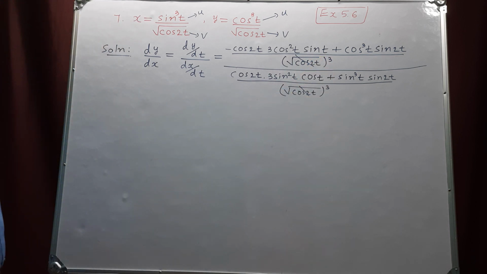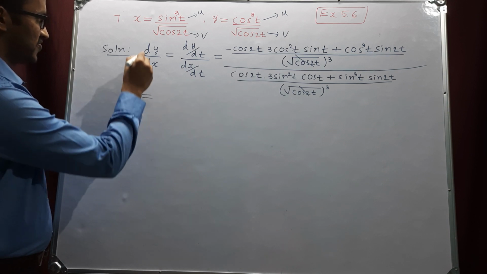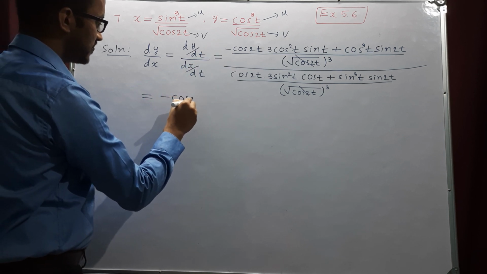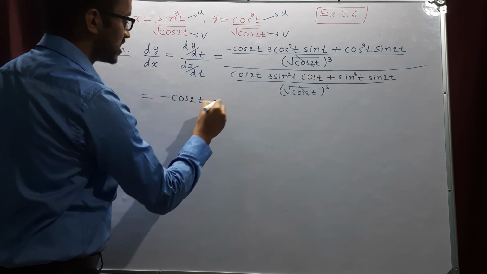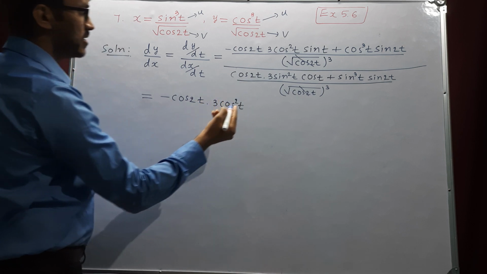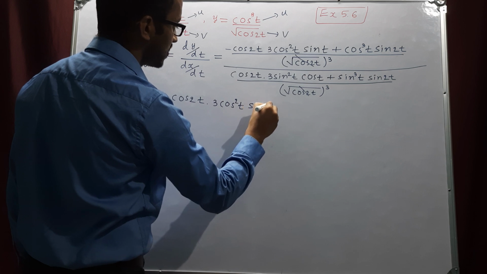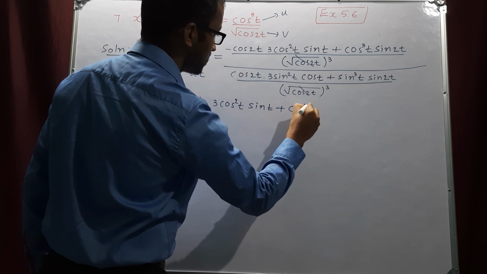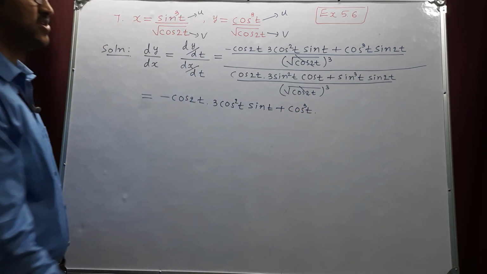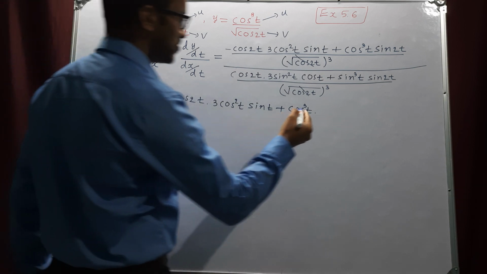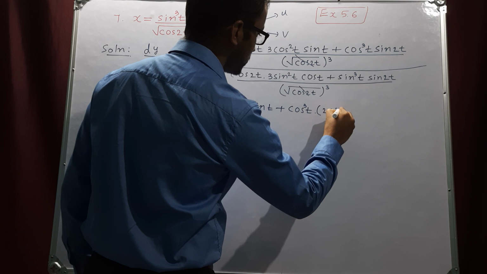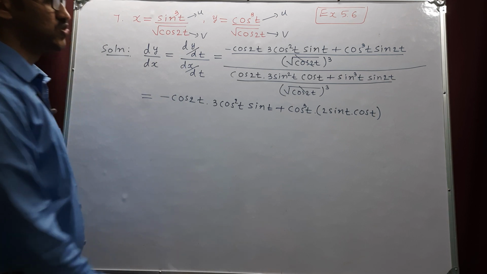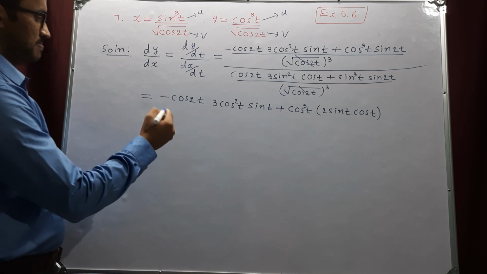So that is equals to the value of dy by dx is equals to minus cos 2t into 3 cos square t sin t plus cos cube t. Again sin 2t. Sin 2t can be written as 2 sin t cos t. Sin 2a means 2 sin a cos a, by,